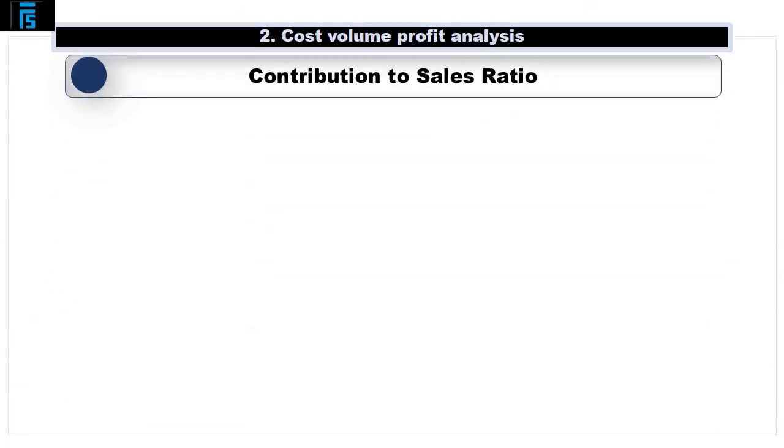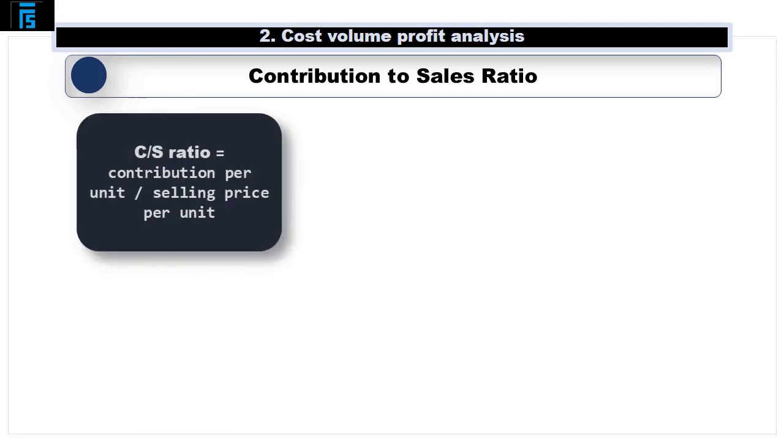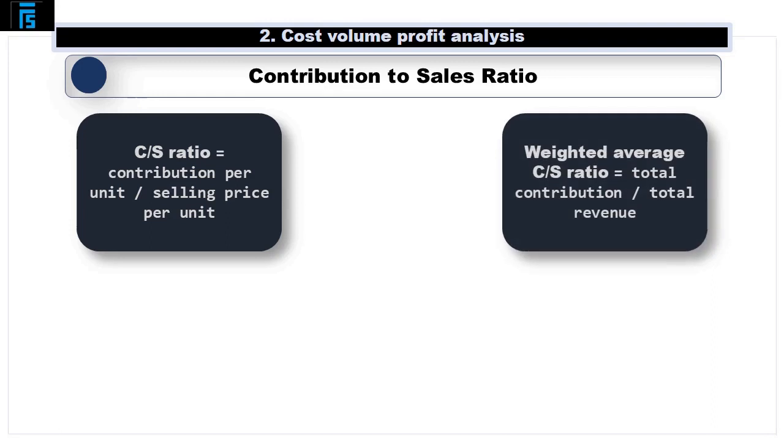Given that we have just mentioned the contribution to sales ratio, let's look at this next. The name of the ratio tells us how to calculate it. We take the contribution per unit and divide through by the selling price per unit. If there is more than one product in the mix, we cannot use this formula as the contribution and selling price per unit is likely to be different on a product-by-product basis. Instead, we need to use total contribution divided by total revenue, and this will generate a weighted average CS ratio